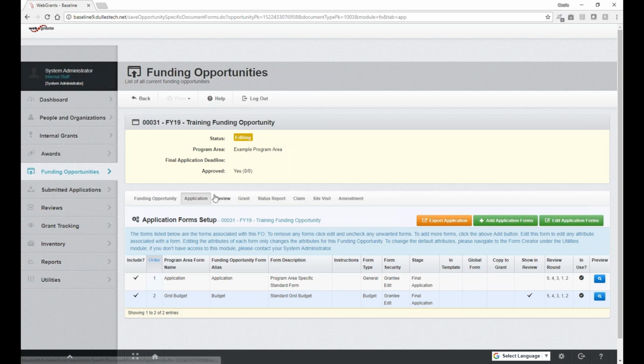This logic is the same for every task. Some of these modules are optional depending on your process. If you intend on using any one of these modules, you must associate the forms here. Before you post your funding opportunity, please be sure you have thoroughly tested, submitted in an application, and approved your forms. When the forms are approved for use, come back to the funding opportunity components and post your funding opportunity